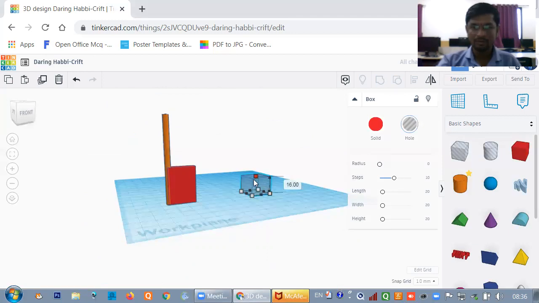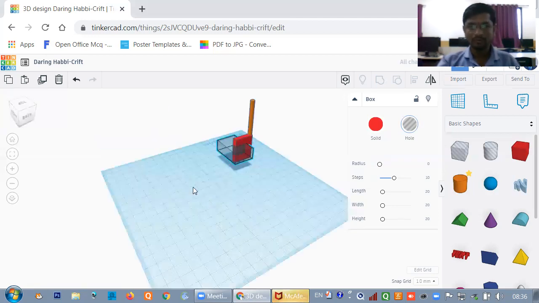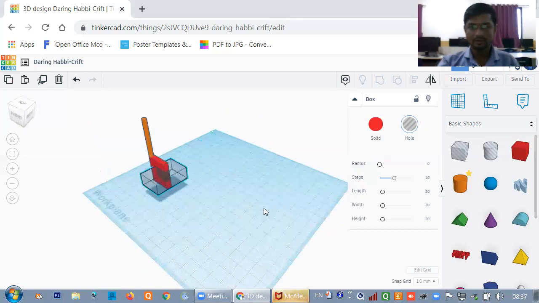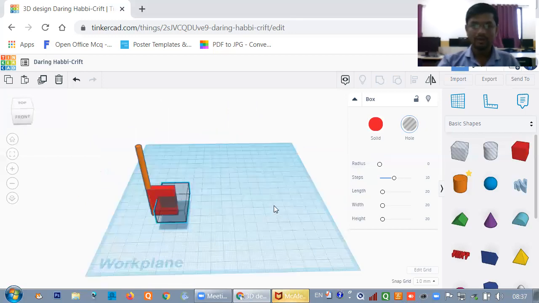Now you have to set this box like this and adjust it, taking it closer up to here. Now spread it here and take it upside. See, now you will see the hole in between, like a key.